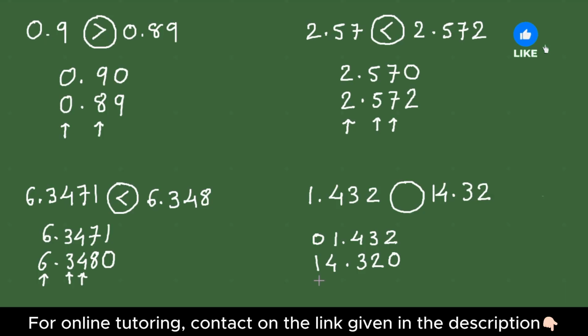Now let us start comparing the digits from left to right. So first digit is 0 and 1. 0 is smaller than 1. So 1.432 is smaller than